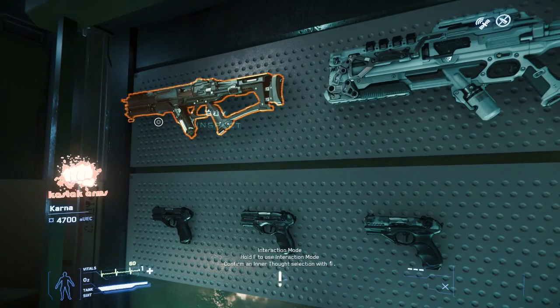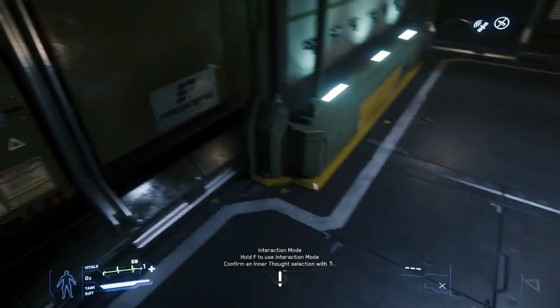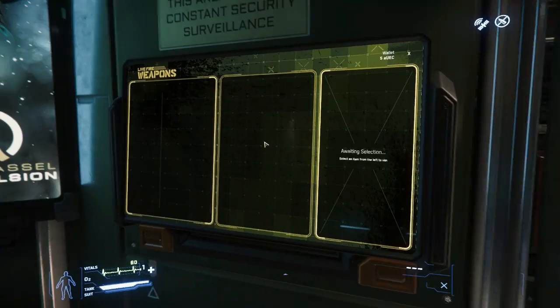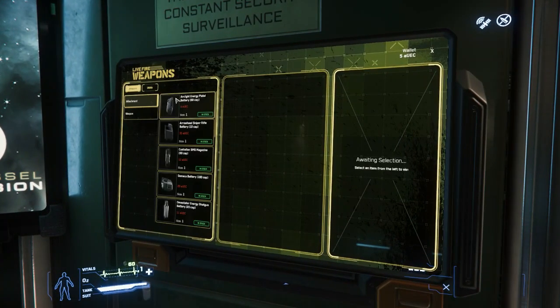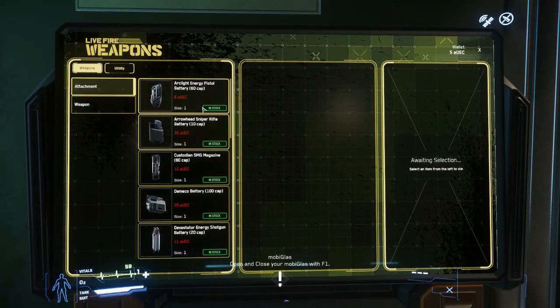So if you go to the rest stops, you're going to see that, for example, here the Gallant Rifle, which is about 4,000-something Alpha UEC, you will find at 2,400 at the rest stops. So that's really a good deal. It's actually the same for the consumables. So the grenades, medipens,